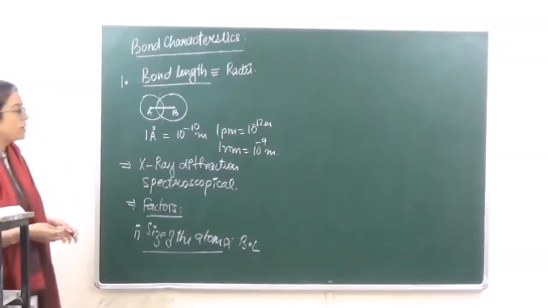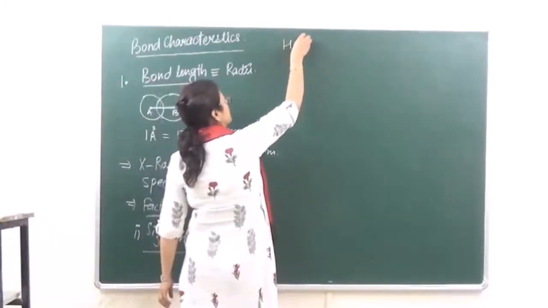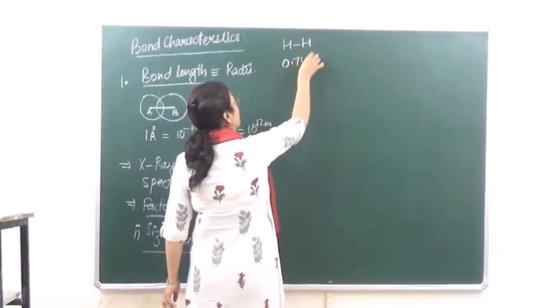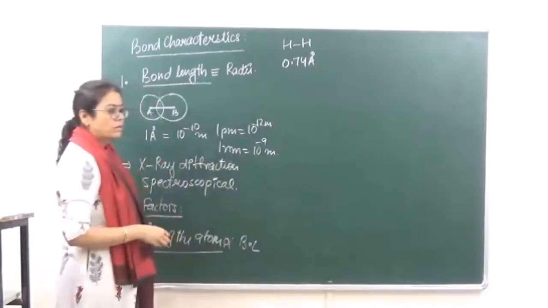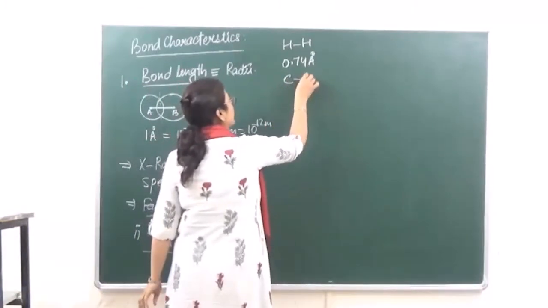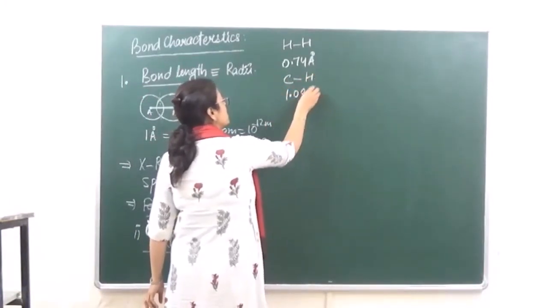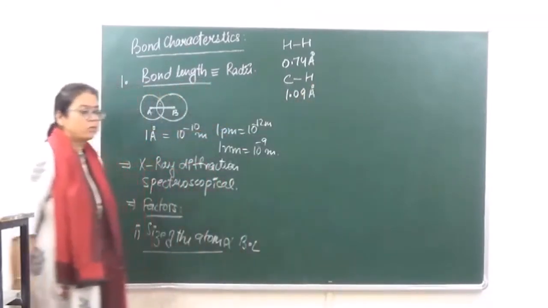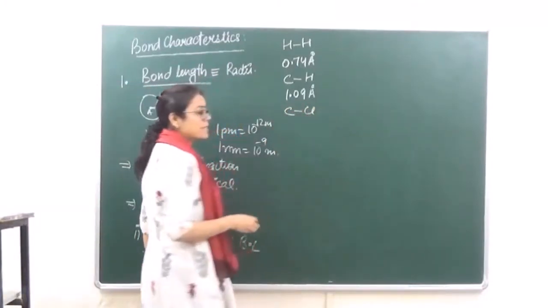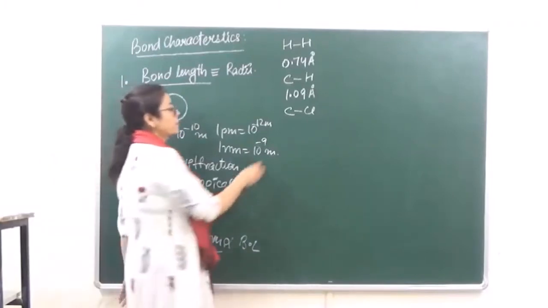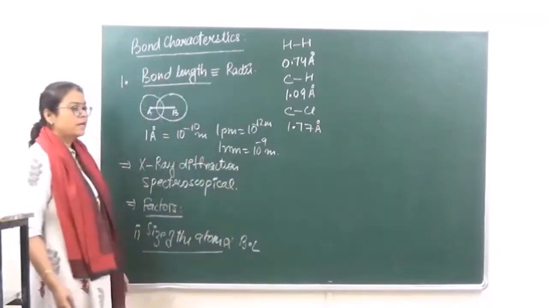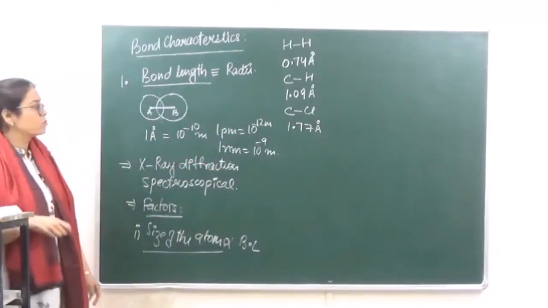An example which we can take over here is when we are talking of the bond length between hydrogen and hydrogen, it is 0.74 Armstrong. ठीक है? पर अगर यही हम लोग C और H के बीच में फाइंड करें, तो साइज कार्बन का जो है that has increased, the bond length becomes 1.09 Armstrong. And if we have the bond length between carbon and chlorine, again the size is going to increase over here, the bond length also increases to 1.77 Armstrong. ठीक है? So this is the first factor on which bond length is going to depend.